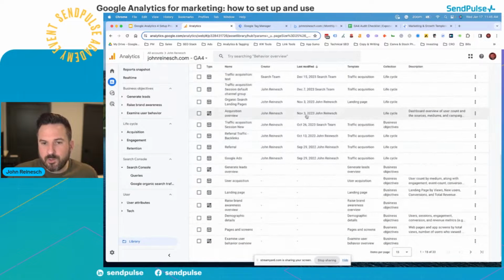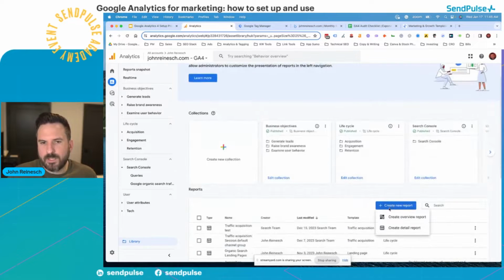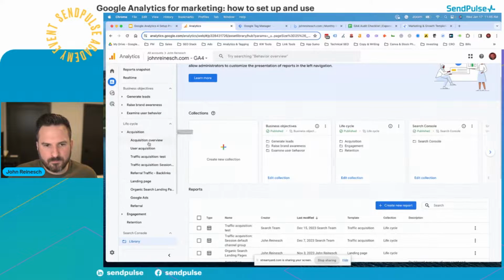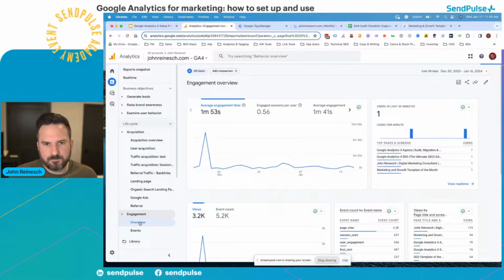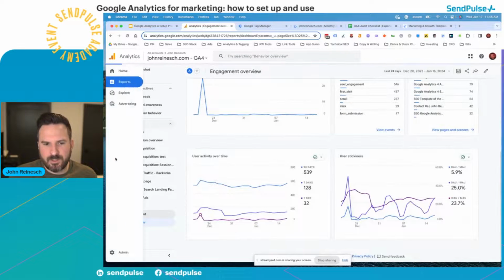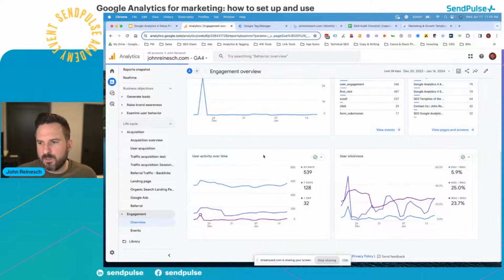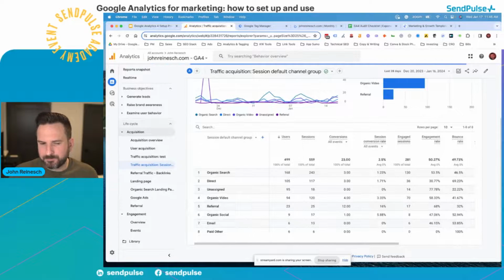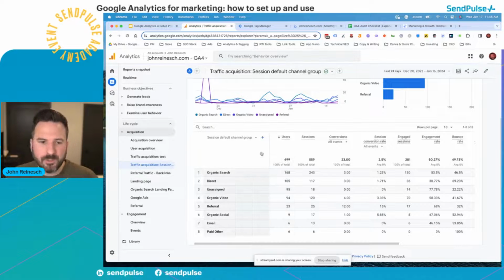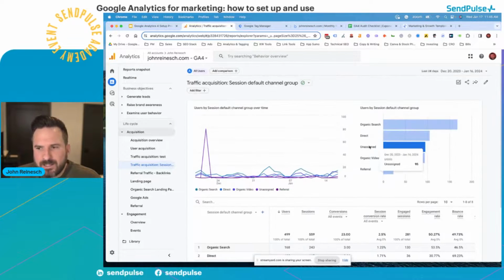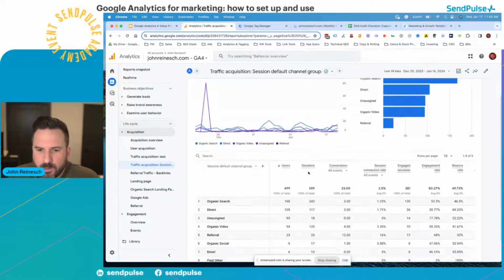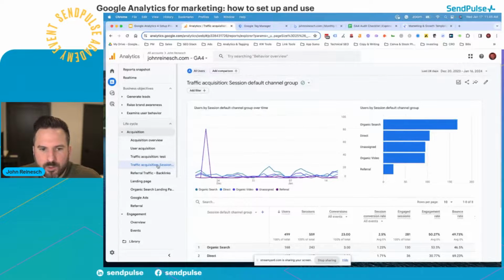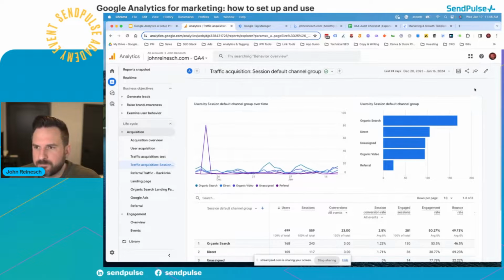And there are a lot of ways you can do this. There's a whole library of reports, but if you click create new report, you have two options here: overview reports, where you'll see something like acquisition overview. If we go to engagement overview, these ones tend to have some visualizations. And then the detail reports are things like this, where it has a couple of visualizations, but has the raw data table. So you can create these from scratch. The thing I like to do is actually just edit the existing reports. So if we go to the traffic acquisition report, which is a common one, and we click edit,